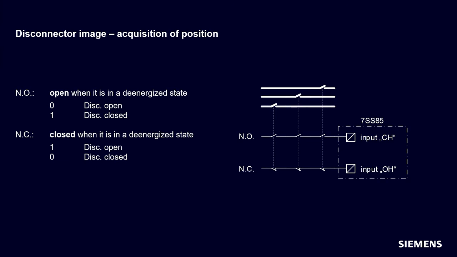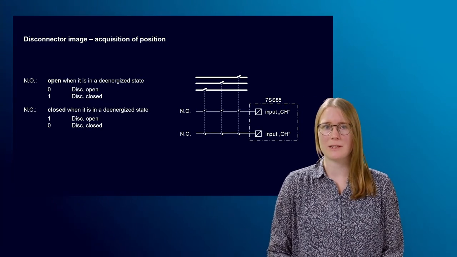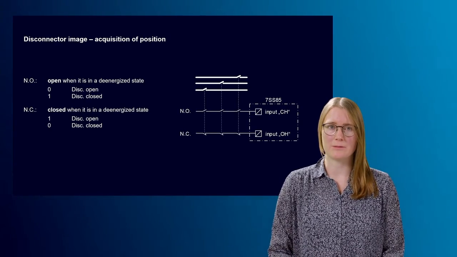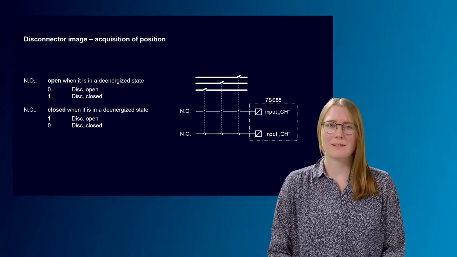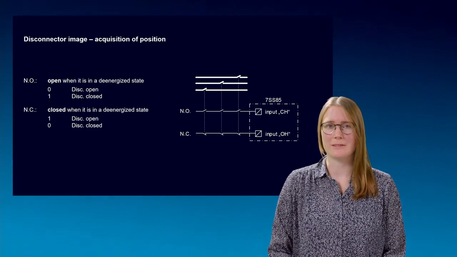With the normally closed contact, it is the other way around. It is closed when it is in a de-energized state. So the state 0 corresponds to the state switch closed. A 1 or high signal corresponds to the state switch open. The normally closed contact must be connected with an open high to the position information of the switch in the DIGSI information routing. On the last slide, I explained that the safe state is the closed state for a disconnector,